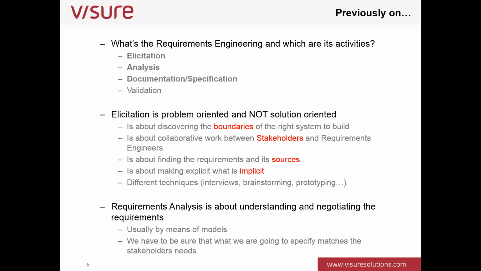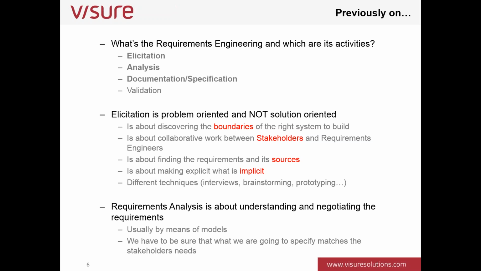We have also said that requirements engineering is based on four main activities, and the word activities is important here because we always say activity instead of stage. We are not going to do the first one and then the second one. We are going to be moving forward and backward between activities. Those activities are elicitation or gathering, analysis, documentation or specification,